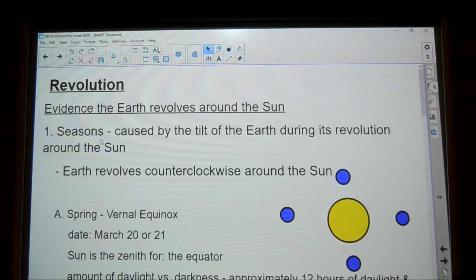We're going to start with revolution. How do I know that the Earth is revolving around the sun? Well, if I'm looking at the Earth revolving around the sun, that's due to a couple things. I'm going to have seasons. If I have seasons,